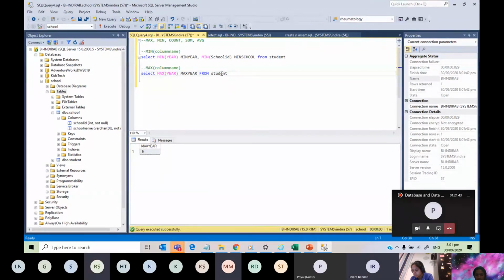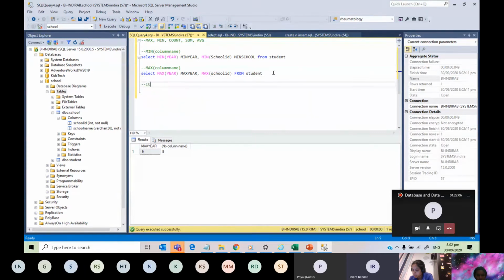Okay. You can even write the max of school ID as well. If I do that, then you get 5. So now, who's going to tell me the count?